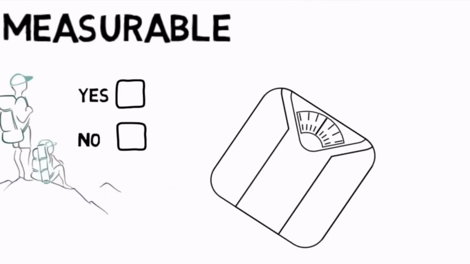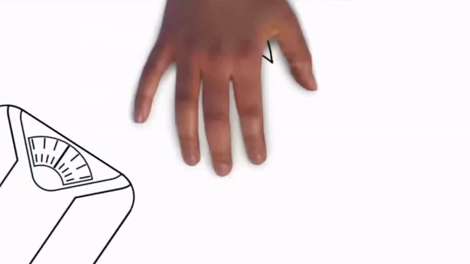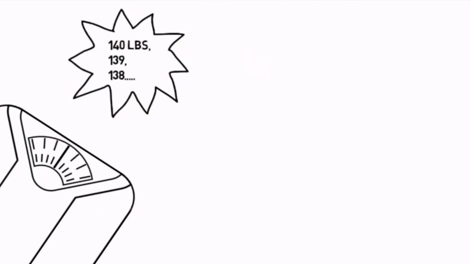The next question to ask, how is the goal measured? What determines success? Some goals may be best measured by a simple yes or no, such as the goal of climbing to the top of a mountain, while other goals are better measured by using metrics such as the goal to lose 10 pounds. The key to measurement is making sure that in whatever way the goal is measured, it